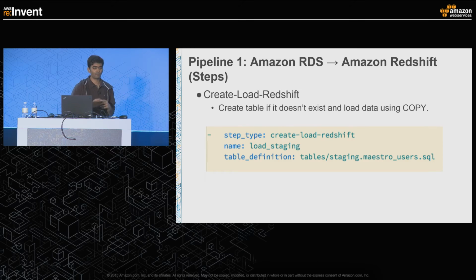So the next thing that we want to do is, now we have all this data that is extracted from an RDS database, and we want to load that into Redshift. If you know about the copy command in Redshift, it doesn't directly create tables. So you need your table to exist before you can actually start loading data. So create load Redshift is basically just like a generic if statement, which checks if the table exists or not. If it doesn't exist, it'll create the table and then